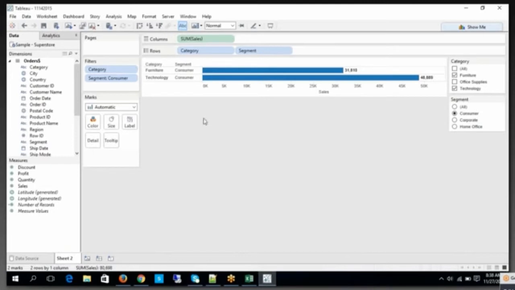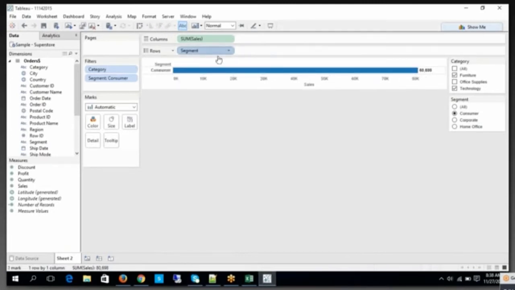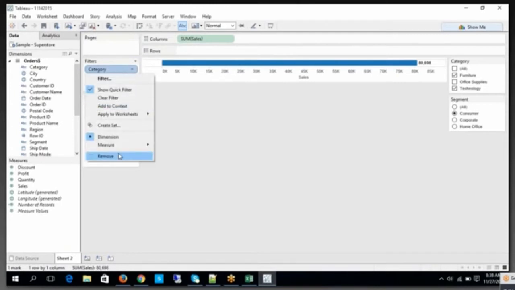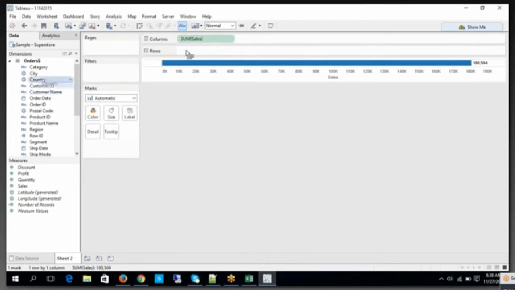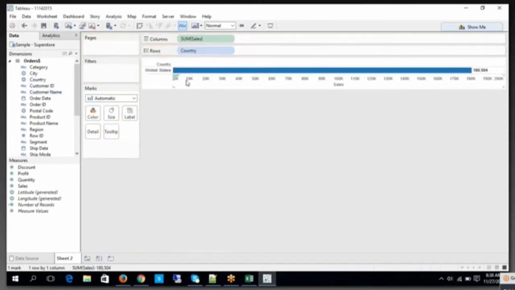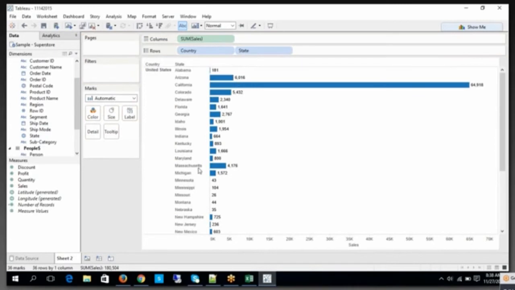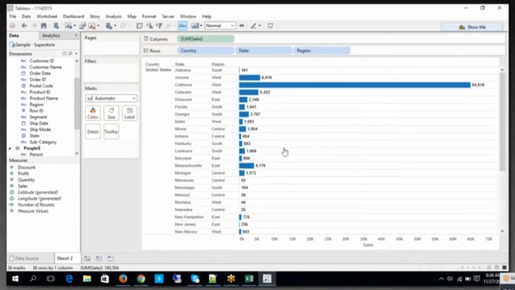Look at this. For example, let's say I have country, fine, and then I have state, and then I have regions, fine.